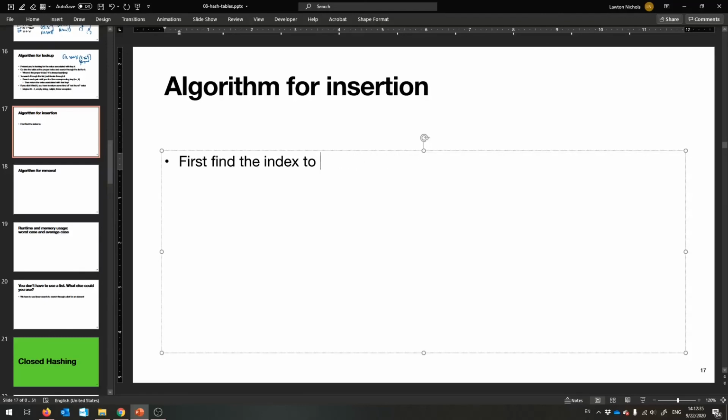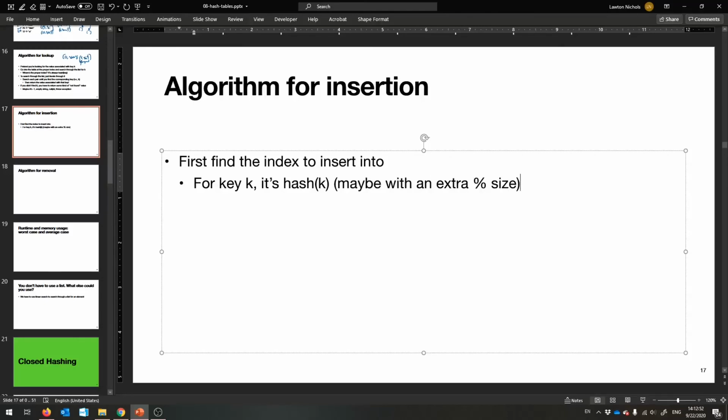Sorry, not to search through, to insert in. Again, that is for key k, it's hash k, potentially mod size somewhere, depending on how you implemented your hash function. So that's the idea. So, okay, at that index then,